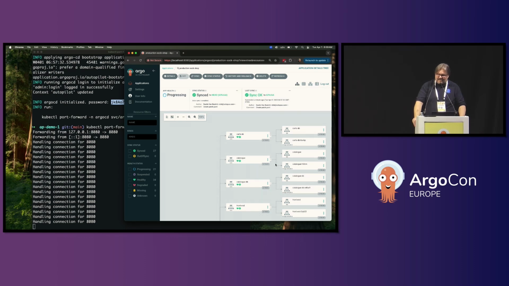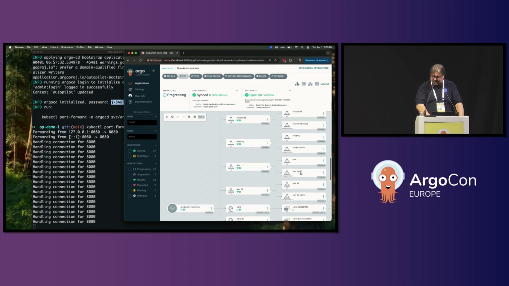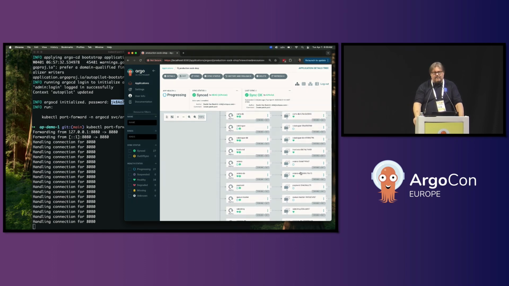Obviously, this depends on how many resources are available to your cluster and how many apps you have to restore. But it gives you a viable way to restore and connect everything from the version control out to the Kubernetes cluster. I don't think I'm going to wait for this to go into a healthy state unless anybody wants to see it. You can at least see it's synchronized. Things are coming online, and we're going to have some pods still working their way up. But I'm going to go ahead and continue with the slide deck